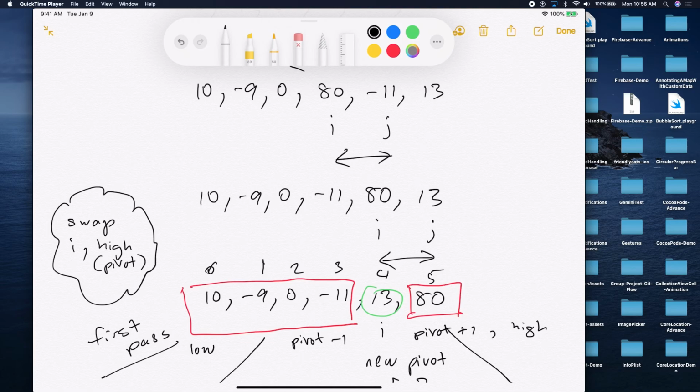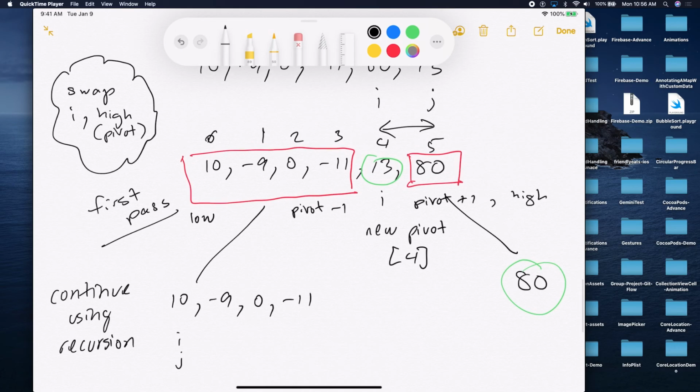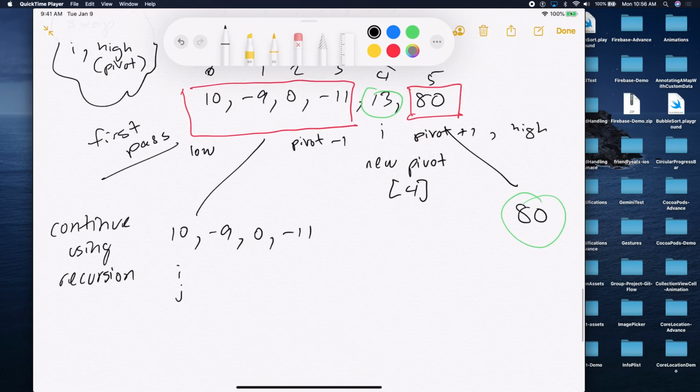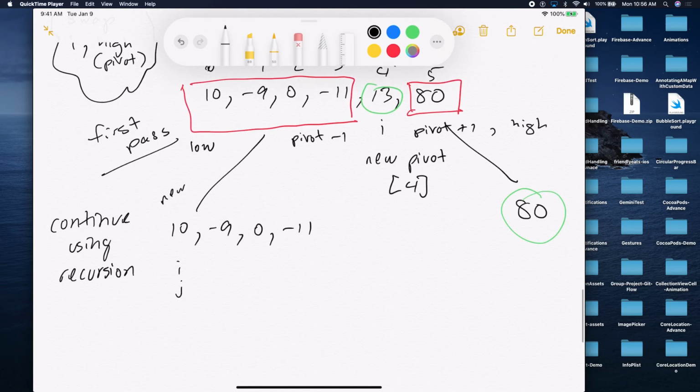So it moves, but I think the confusion is that we're thinking that the pivot is always 13. No, it changes. That's what makes it confusing. It always changes as I go through that array. Right now, I have two arrays. My pivot is not 13 anymore here. In the new array that I'm dealing with, the pivot is no longer 13. There's no 13 value here. I use the last element. My last element is